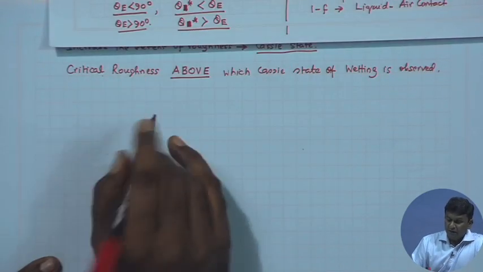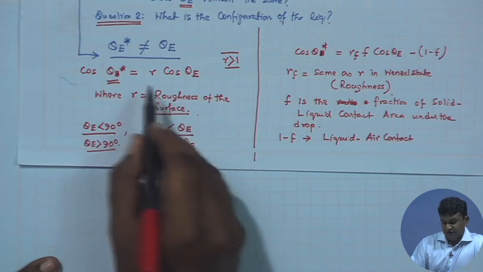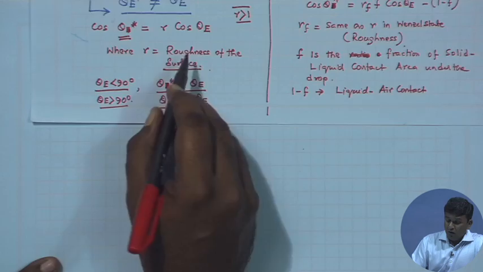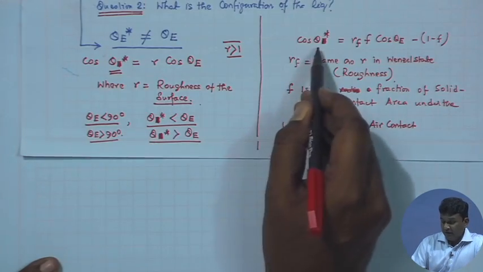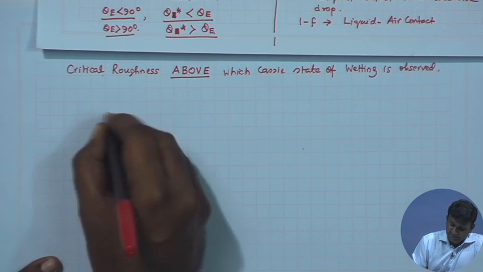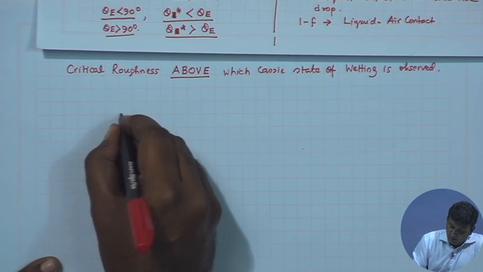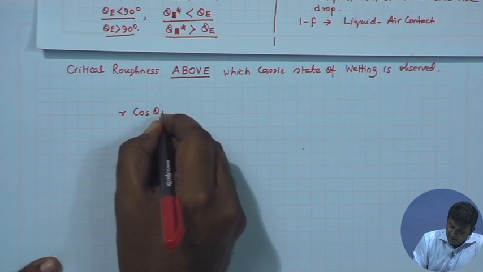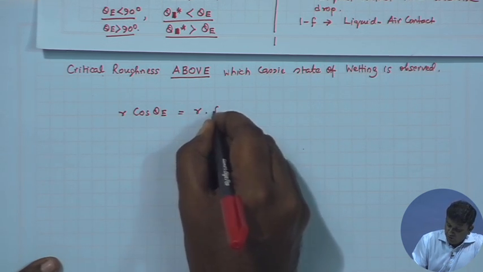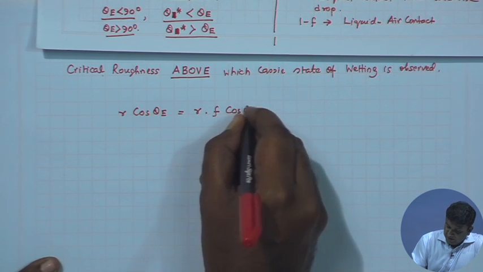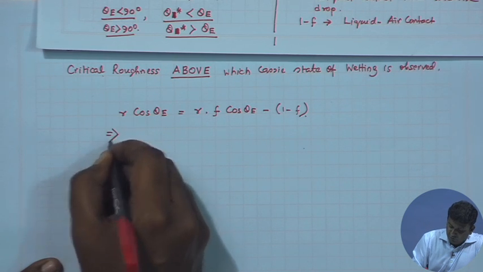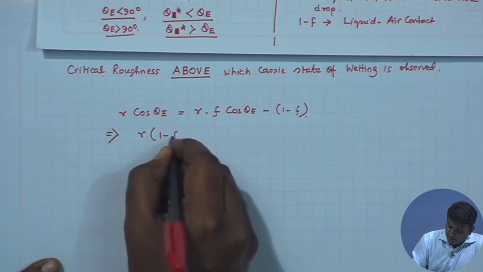Simply plug in or equate these two equations. So, you have a critical roughness, theta star or theta c, where the effective contact angles from the two relations are going to be the same. So, simply put, r cos theta e is going to be r, because rf and r are the same, into f cos theta e minus 1 minus f. So, if you do a transposition, what you get